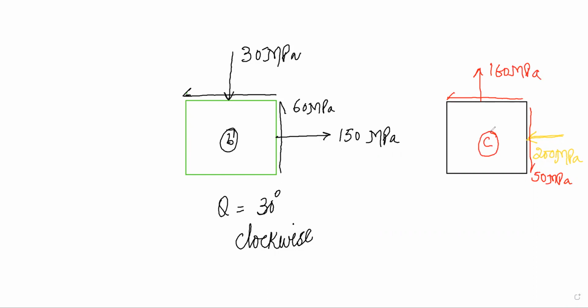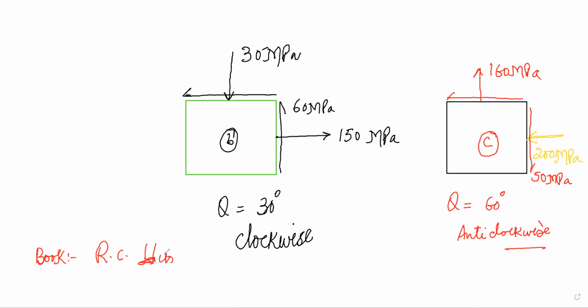Three graph sheets you have to use, with calculations. With calculations, you will be submitting them. Now theta is 60 degrees anti-clockwise. Find the stress distribution. Okay, and you can refer to your book. For further reading, please refer to your reference, R.C. Hibbeler. Please refer to your R.C. Hibbeler for further reading. Okay, thank you.